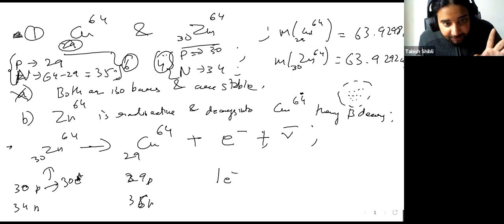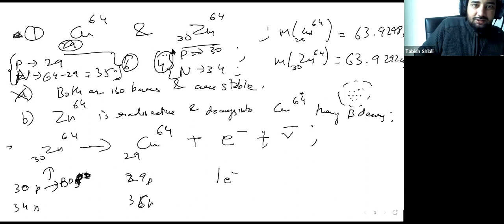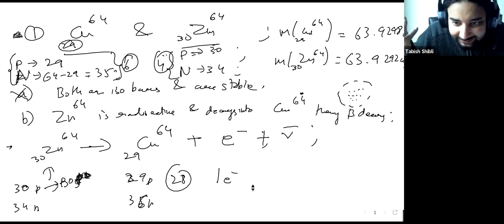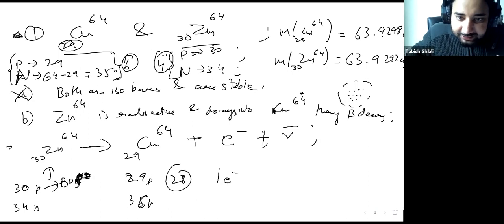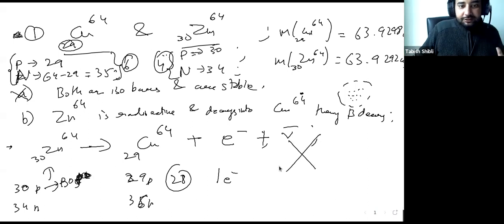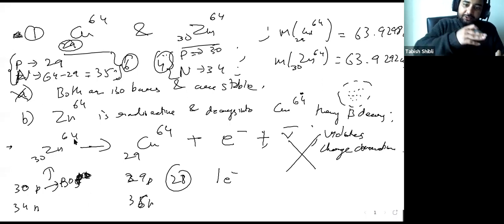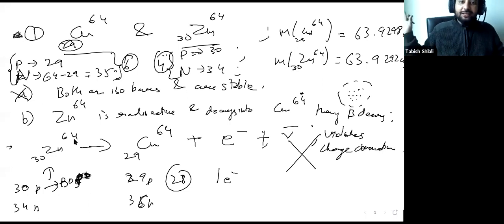So the positive is E plus. So let's call it 30 here, and here not coulombs but the number of electron charges. So this will have 30 charge, and this will have 28 charge, right? 29 minus 1. This cannot happen. Charge cannot just disappear. Charge is always conserved. So this equation cannot work. Why? Because it violates charge conservation. Make sense? It violates charge conservation. You just count the charge on the left hand side, you count the charge on the right hand side, and you see they don't match.